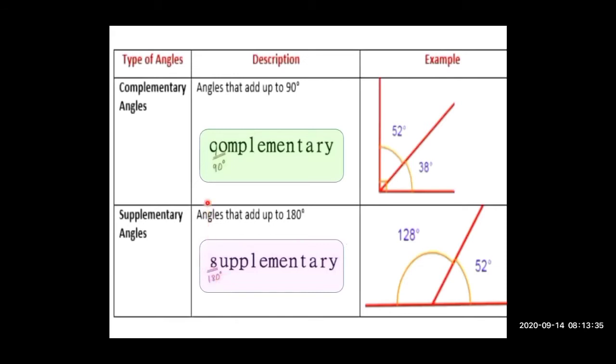Complementary angle 90 डिग्री का होता है जो उसके स्पेलिंग में ही बनता है, और supplementary angle 180 डिग्री का होता है जो उसके स्पेलिंग में ही छुपा हुआ है. So in complementary angle we have to subtract the given number from 90, और supplementary में 180 में से given number को minus करना पड़ता है. Got it? Now let's do practice set number 17.